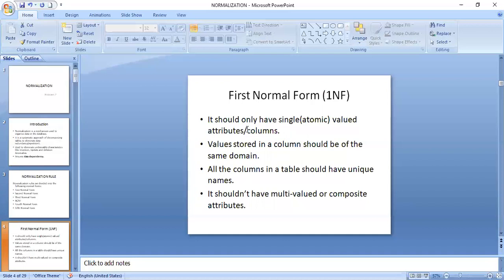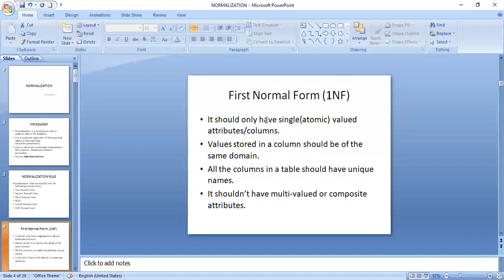That is why whenever you are trying to retrieve some data from the database, you will be concentrating on the primary key. Using the primary key, you will try to retrieve the data from the database. Because the primary key is always a unique value, an atomic value, a single value which cannot be repeated once again in the database. As a result, using that primary key alone, you will be able to retrieve all the other data.